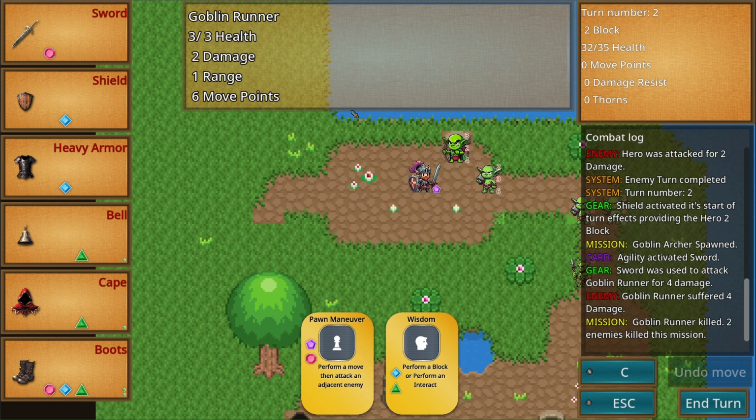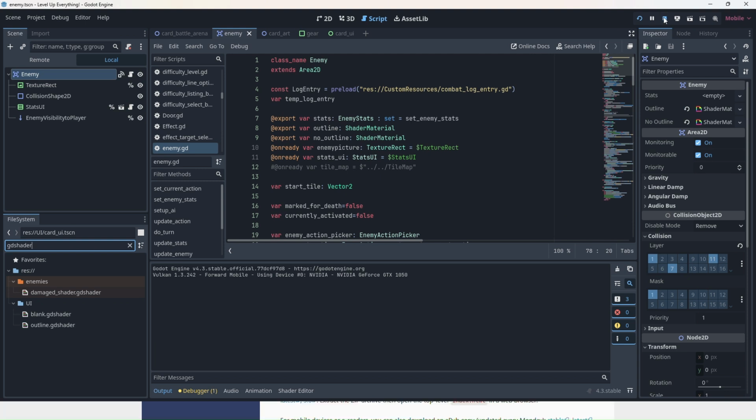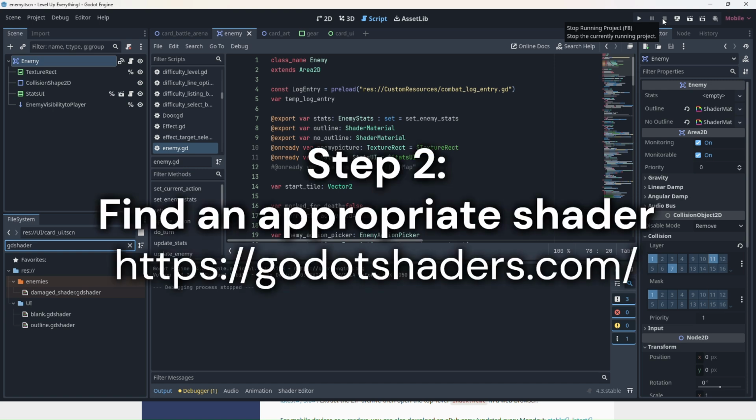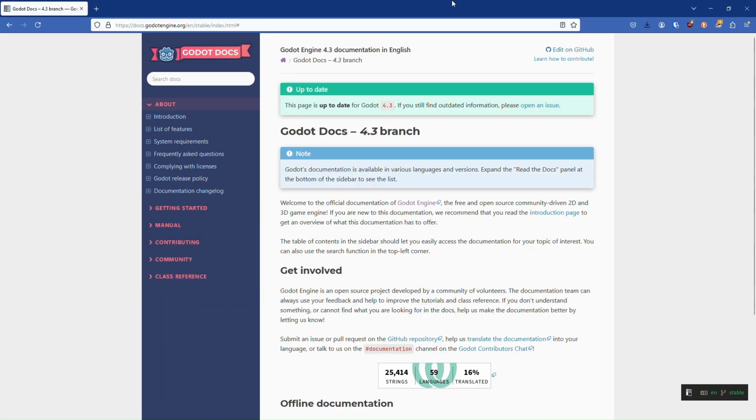So I want to show you how to turn that on for a 2D game using a shader. All right. So I don't need to have that running anymore. Let me turn that off. So the first thing I need to do is figure out what shader I want to get and apply. So a great place to look and find a shader is a website called